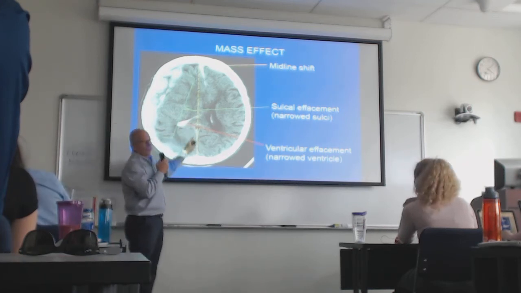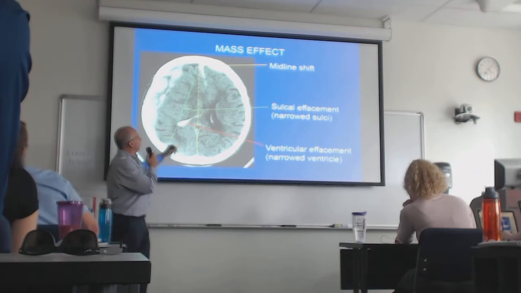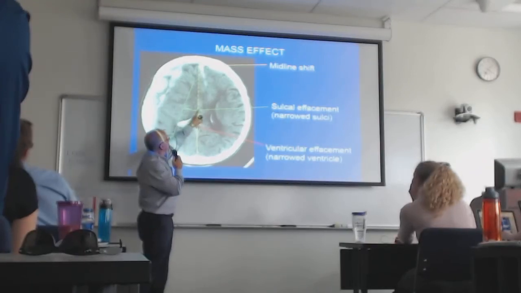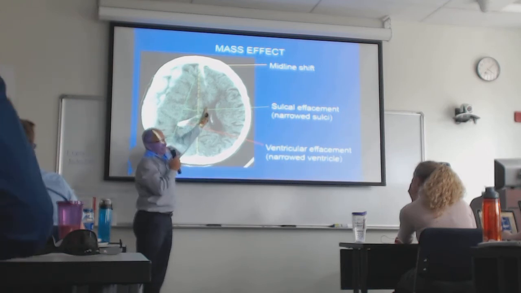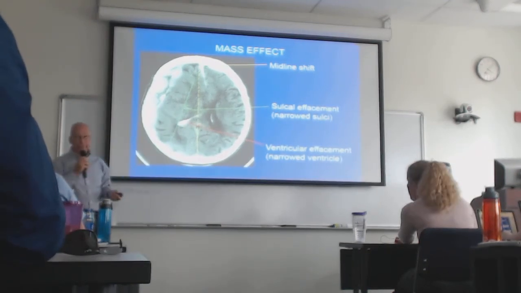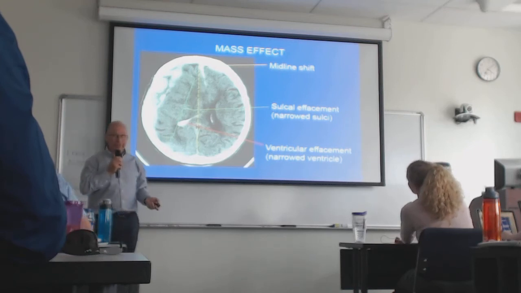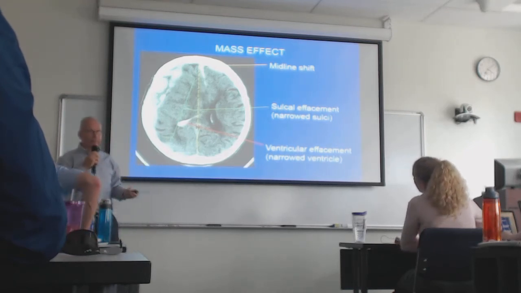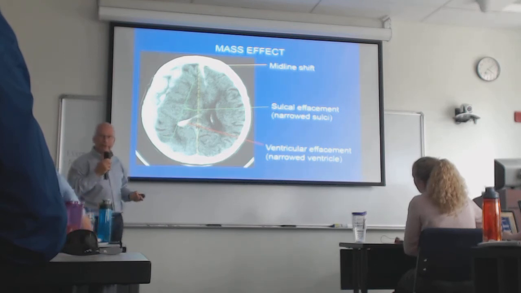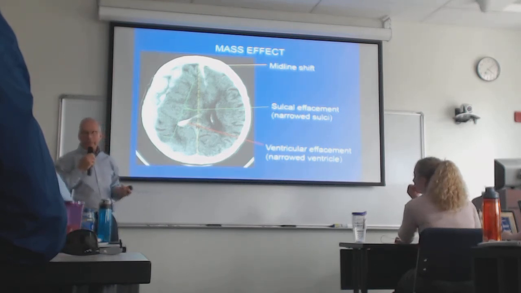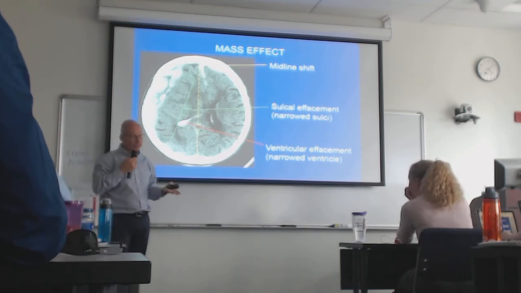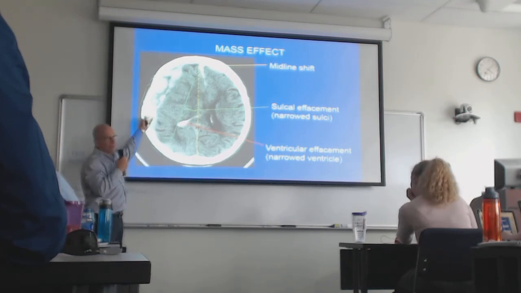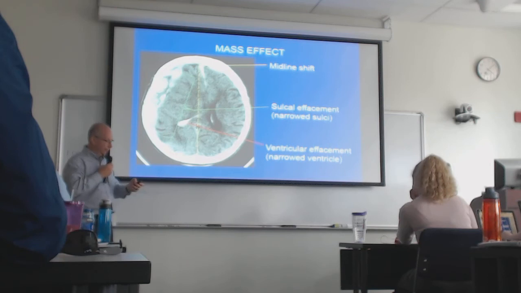Notice this is the line that I said that I will draw on scans, because what I'll do is I'll draw this line, and then I'll measure from here to here, and I'll be able to tell them exactly how many millimeters of midline shift there is, right? Because this should be in the middle, and it's pushed over there, and I can say to the neurosurgeon at 2 o'clock in the morning, your patient has 6 millimeters of right to left midline shift. Now, if it was 1 or 2 millimeters, he may say, all right, I'll watch it. I won't do anything. I'll wait, scan him again in the morning, do neuro checks. But if it's too much, he's got to go in. He's got to put a burr hole in the skull. He's got to suck all that blood out so that everything can move back.